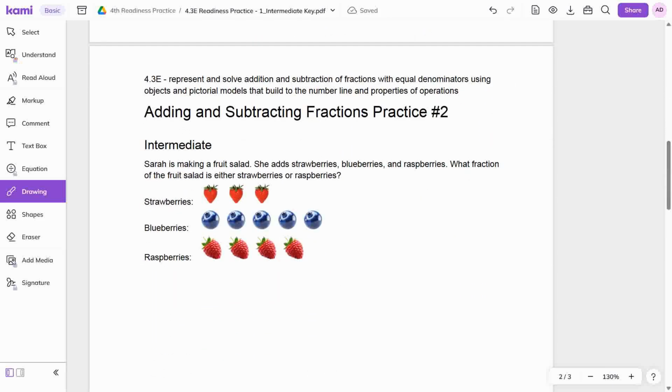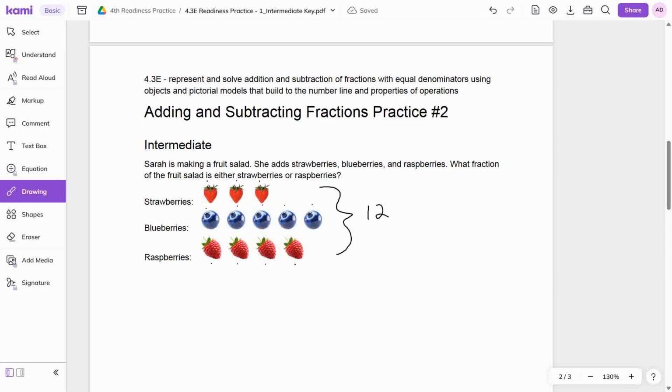All right, so let's look at this second problem. Sarah is making a fruit salad. She had strawberries, blueberries, and raspberries. What fraction of the fruit salad is either strawberries or raspberries? Well, they don't give us any fraction. The last one had 8 slices. Let's see how many total fruits we have. We've got 1, 2, 3, 4, 5, 6, 7, 8, 9, 10, 11, 12. All right, so there are